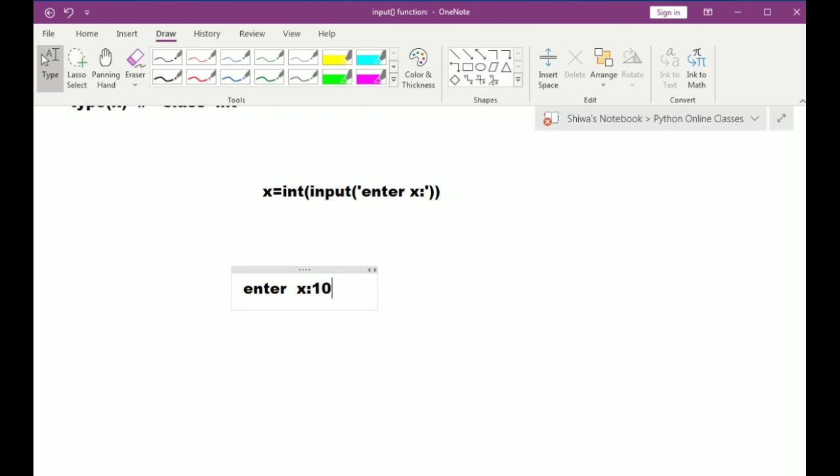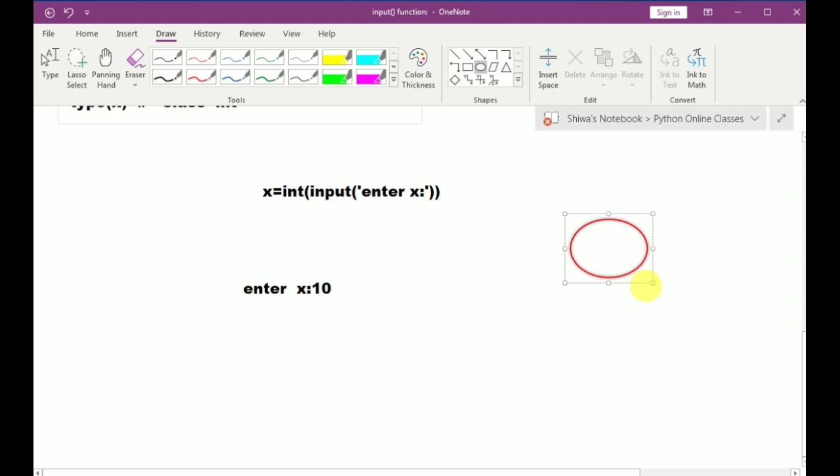Now implicitly it creates the object. So the object will be created, and that value will be stored in this object. So now the value 10 is stored in memory. For this memory location, implicitly one address is there. For example, I am taking this address as 2000. So that address will be given to the variable x.